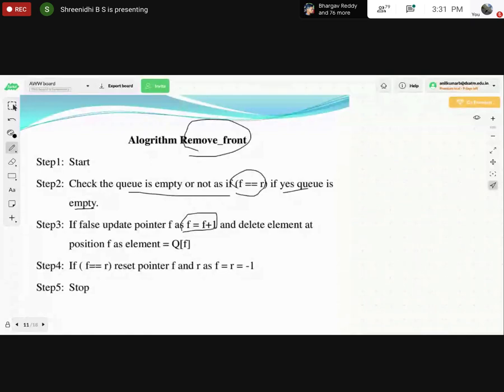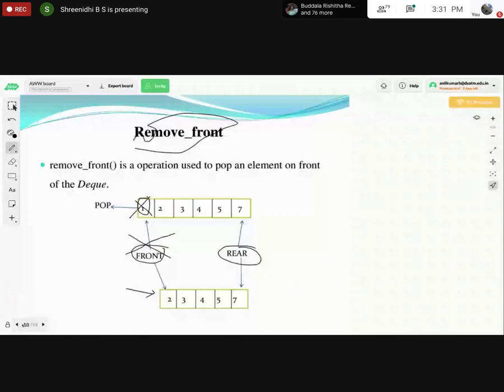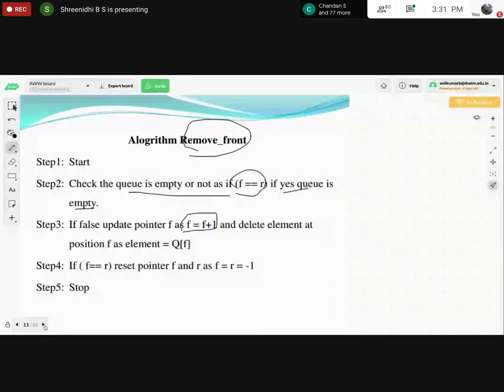While removing the data from the front end, once the data is removed, the pointer has to increment, right? Can you see it in the previous slide? It is incrementing, from 0 to 1, so to the first position of the queue it got incremented.